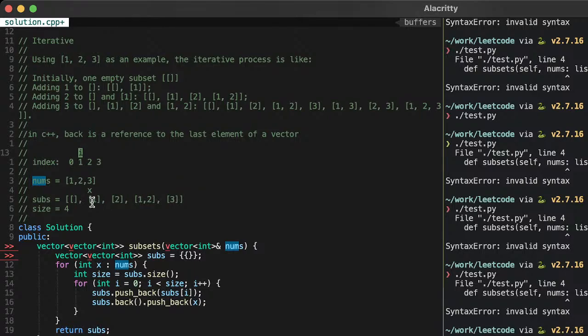Now we're going to push back this. Okay. And then get a reference to this guy and push back 3. Okay, I guess that makes sense.